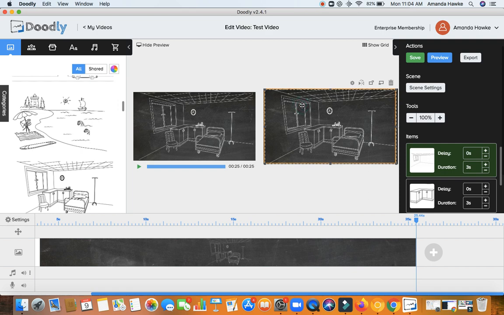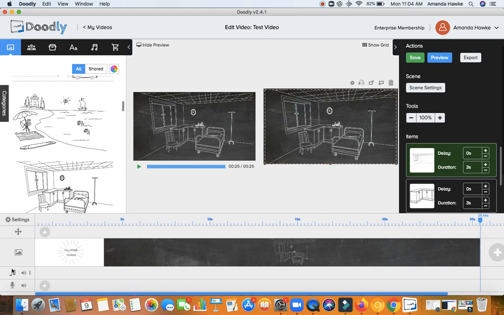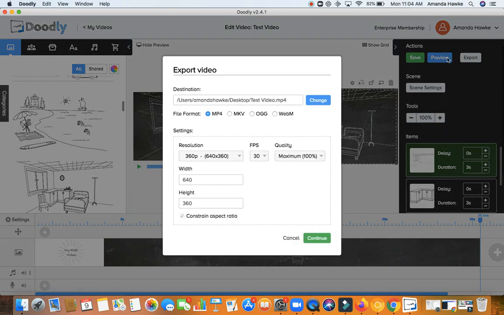So once you've gone through and you've produced your video and you've uploaded your audio, all you need to do to export your video is go to this button here that says export, and you can choose whether you want the file format MP4, MKV, OGG or WebM. Now I recommend putting it in MP4 just because it's commonly recognized, and you can send it to someone, you can host it on Google Drive, you can upload it to Facebook as an ad, it will all work. And then you go continue, export,